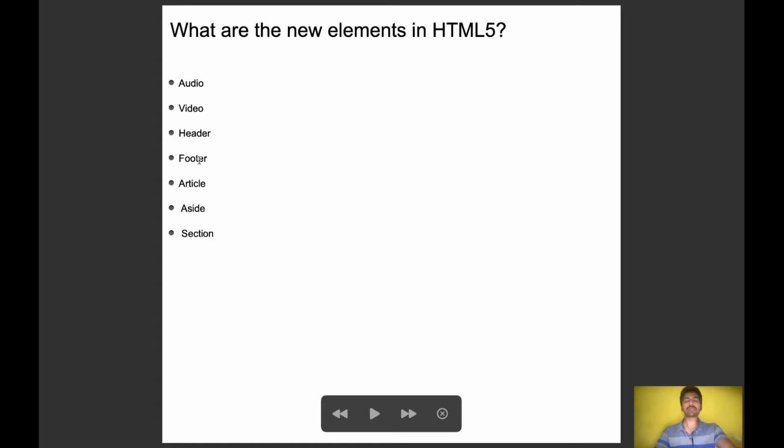Footer is for some copyright or terms and conditions, you can use inside the footer section. Article, if you are writing some articles, you can use article, similar to a paragraph or div. But they were introduced newly in HTML5. Aside means some side section, some side content. Section means some section of content. Article can have multiple sections actually. So all these elements you can use similar to paragraph or div elements. There is no separate way to use them. Similar to other elements only.